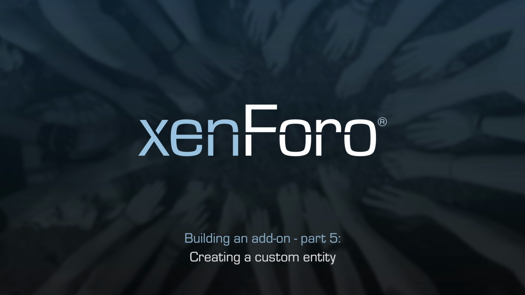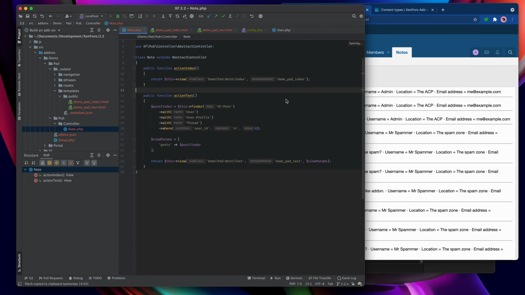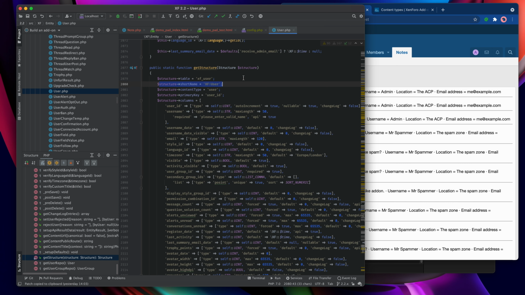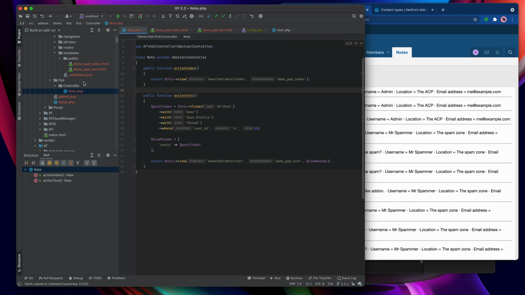So now it's time to build a custom entity to deal with the data that we're going to be generating for our Scratchpad Notepad demo thingy. We need to start off by putting the entity class in the correct place. So let's just check where the user entity that we were working with earlier sits, and we can see from the path here that it sits in an entity directory directly below XF, given that it's an XF entity. But this is going to be a pad entity or a note entity, whatever we call it.